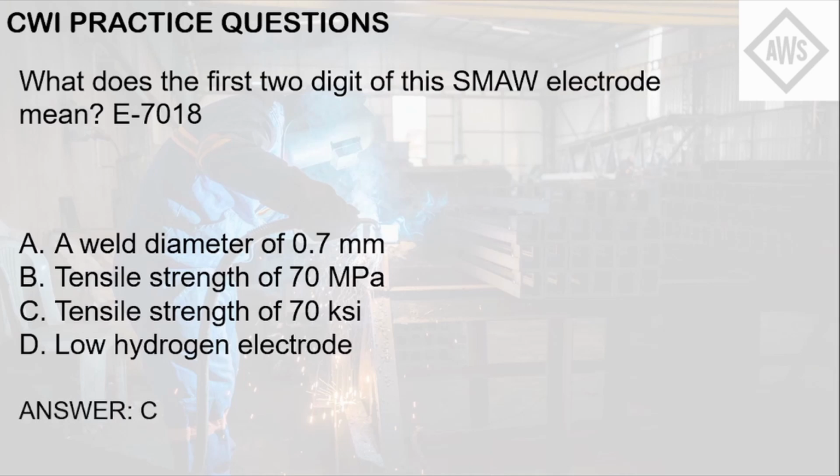The answer here is letter C. So the first two digits of this SMAW electrode is the number 70. So the first two to three digits of